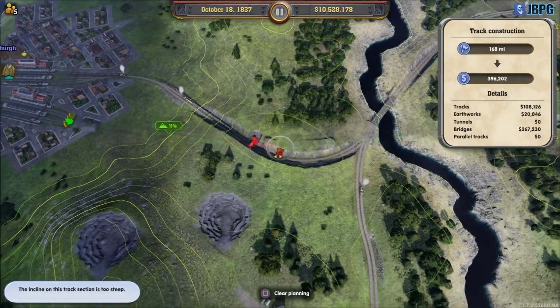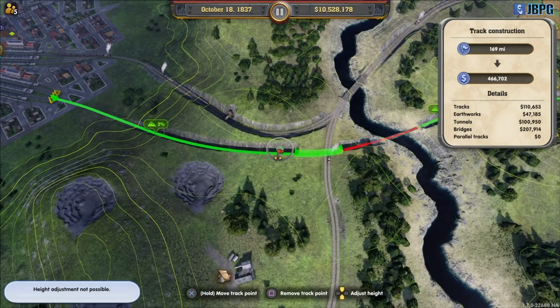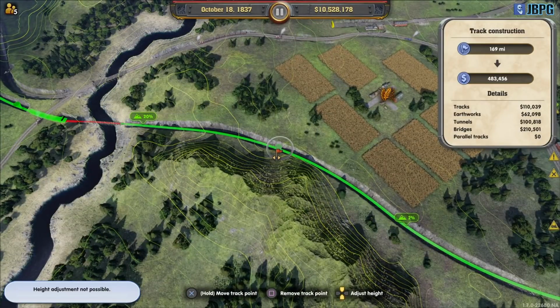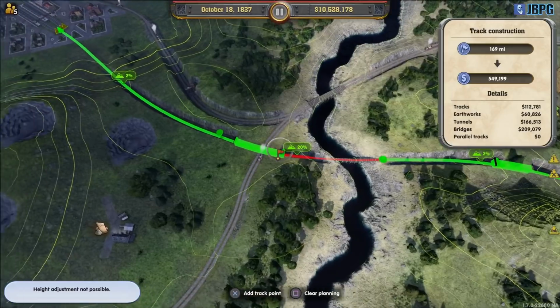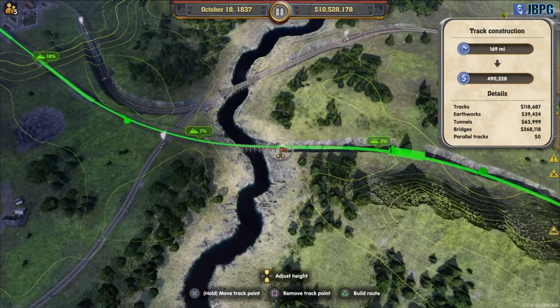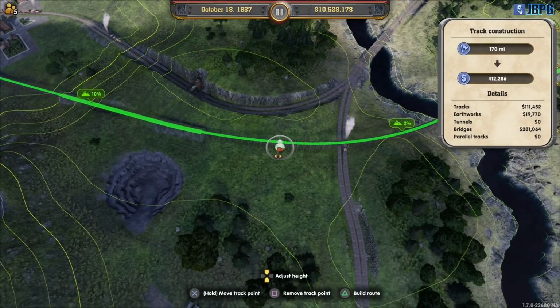This is just where it's going to be expensive. We need to route out this way and go underneath his lines here, I think. Try dropping that down a bit. It doesn't want us to do that because we've got a bridge. So, instead of going under, we're going to have to go over. Don't have a choice in that. Let's take that out. It's now just whether we can get a controlled gradient going into